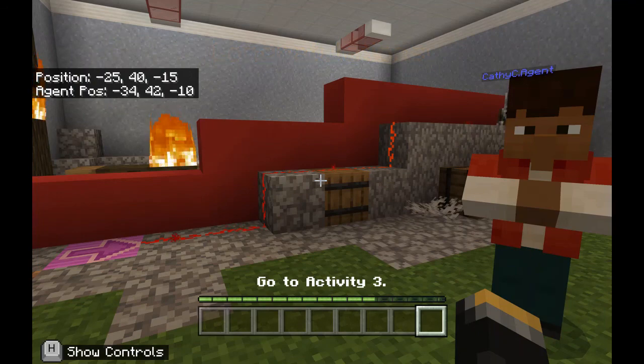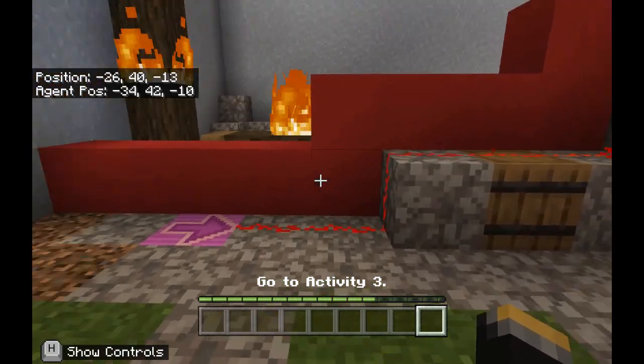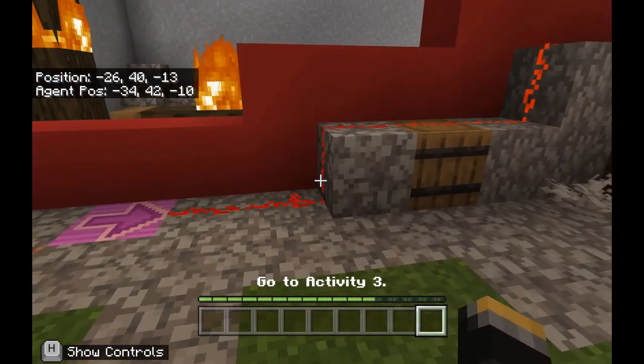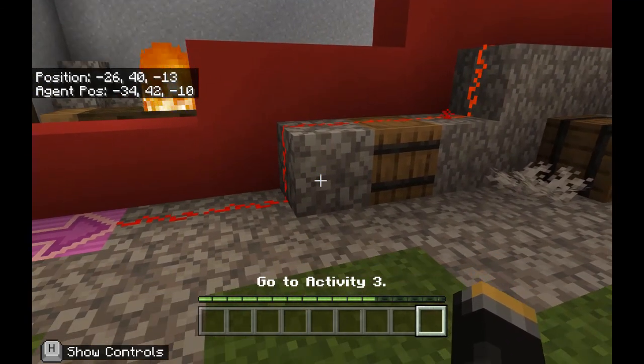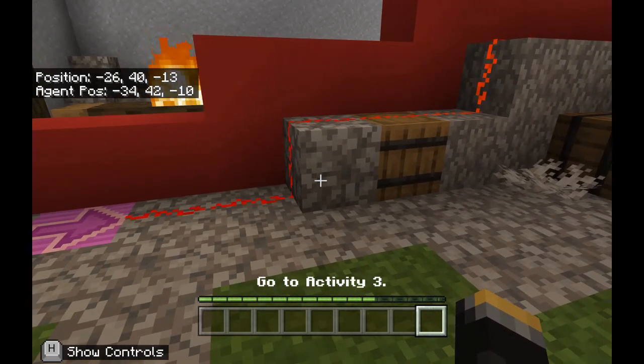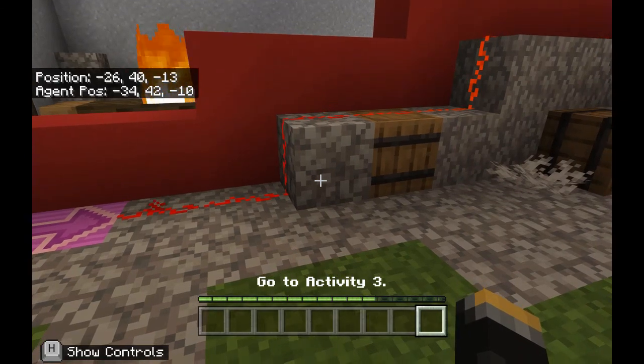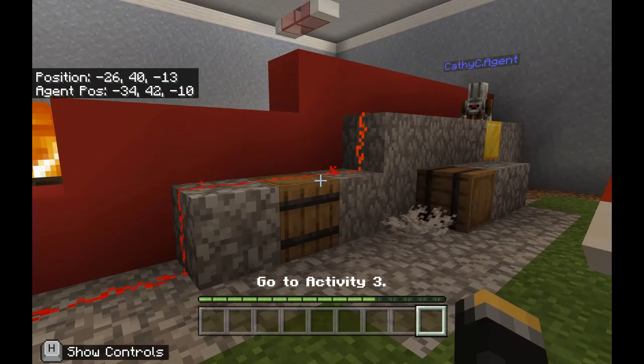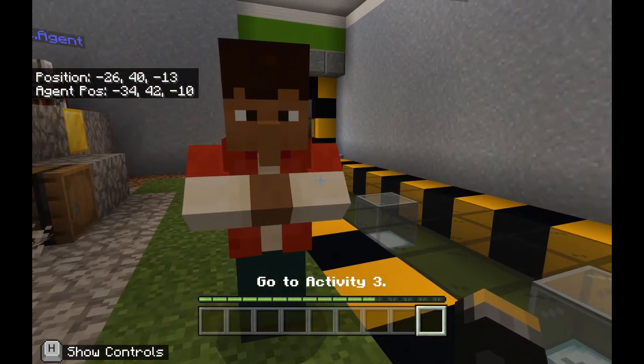So yeah, there is a conflict with the Windows or the Xbox Game Bar and Code Builder. I could not get out of Code Builder to compile and run the code, but as you can see, as soon as I quit the recording, I was able to return to the game, and our agent built the firewall by following the redstone, noticing that there was a block ahead, and when there was a block in front, remember our code was, if there's a block in front, go ahead and move up, then move forward, place something to the left. So this activity is all done, and I will see you on activity 3 with